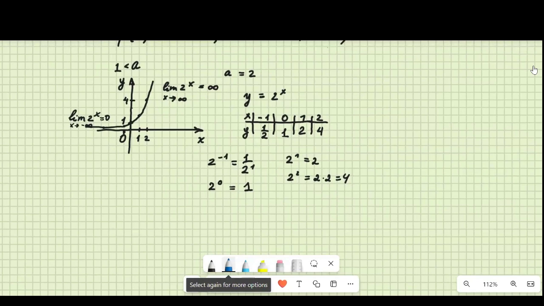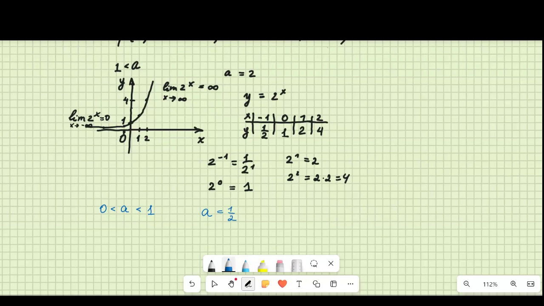So let's consider the next case, which I kind of wrote in the beginning, but started doing the opposite. So let's consider the case when A is actually between 0 and 1. What kind of number can we consider as A? Let's consider A equals 1/2. Why am I doing 1/2? Well, I'm planning to build a graph symmetrical to the graph of the A equals 2 graph.